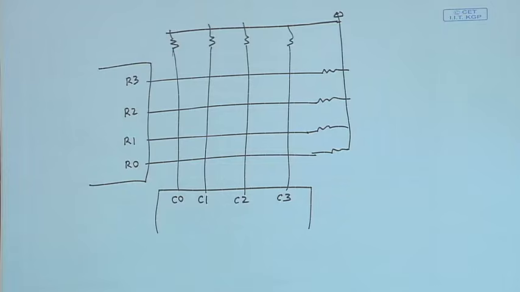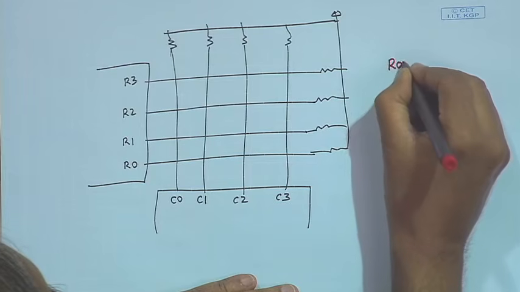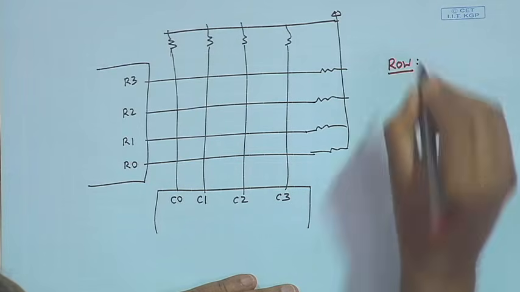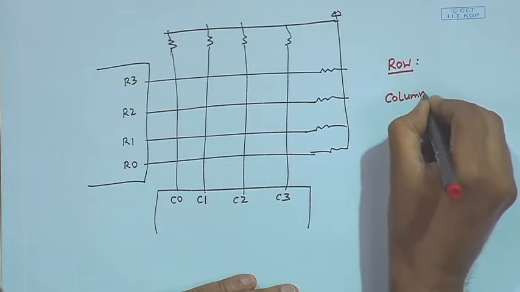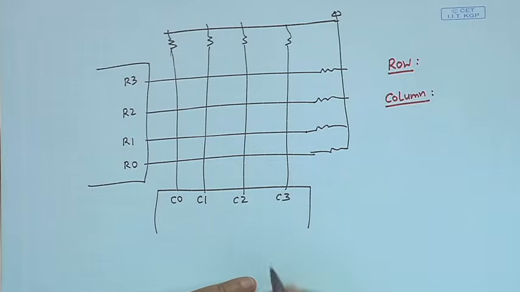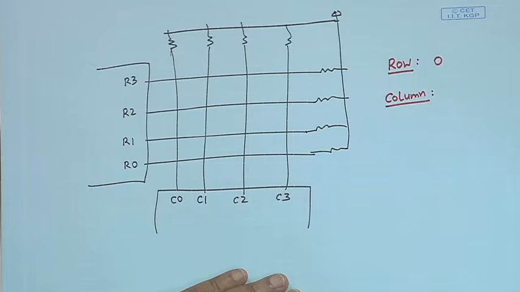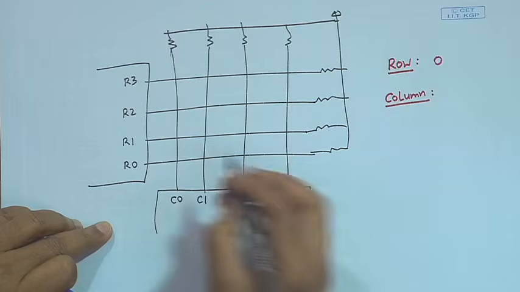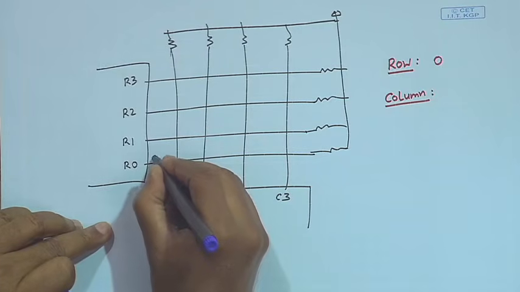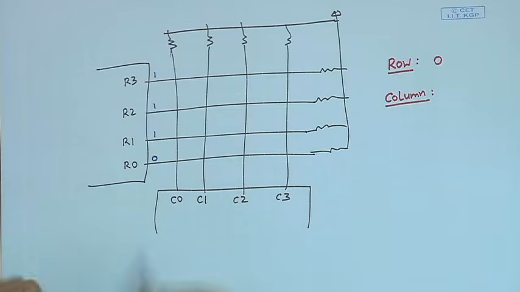Now, here what I do is as follows. I keep two counters. One counter I call the row counter, which is just a variable or a register, and another which is called the column counter. Initially I set the row counter to 0, and when I set the row counter to 0, I activate row 0. Activate row 0 means I output a 0 on this row, but all others are 1.